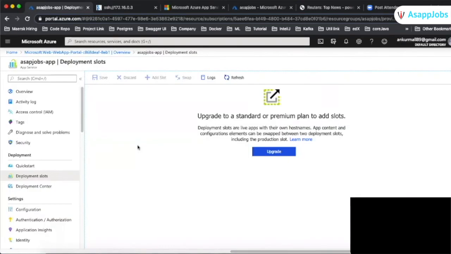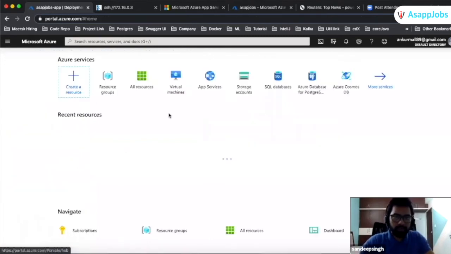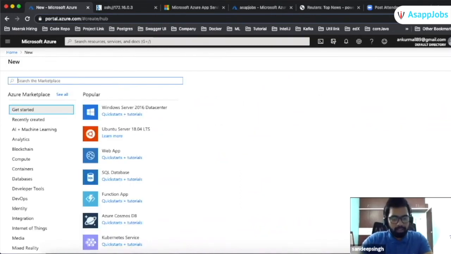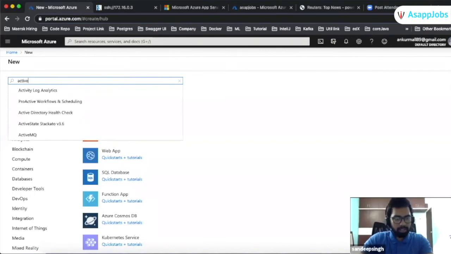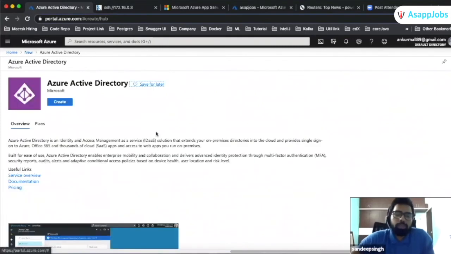If we want to manage our users, this is IAM, Access Control Management. Then there would be Azure Active Directory. I will just show it to you. There is one more resource called Active Directory. Here is that Azure Active Directory. I think most of the people might be aware of LDAP. Similarly, like LDAP, this is Azure Active Directory. It can be on premises or it can be over the cloud. You can create your own Active Directory also.